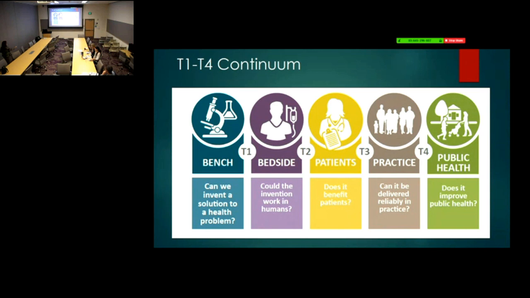So it's this space over here that D&I research sits in. So efficacy means, does something work under highly controlled conditions? And effectiveness means, does something work under more normal clinical conditions? So D&I science kind of is in that space where you're looking at effectiveness, and then you're looking at how it implements and spreads.